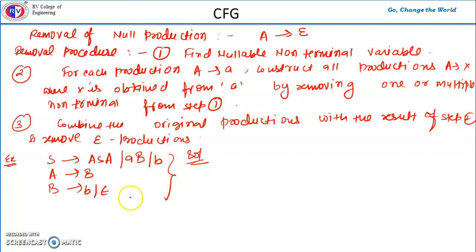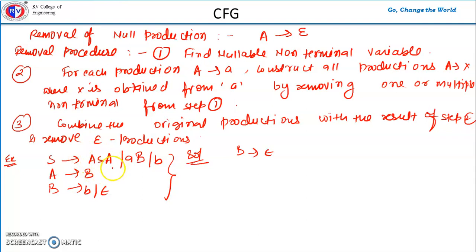Considering B as a nullable variable, wherever B is coming in the right hand side, I have to replace B by epsilon, and whatever additional production we get has to be added to the existing grammar. That is step number 3. So in step 1 we find there is one direct nullable variable, B to epsilon. Now we have to search wherever capital B is coming in the right hand side of the production. When we say S to ASA, this is the left hand side, and after the arrow, this is the right hand side of the